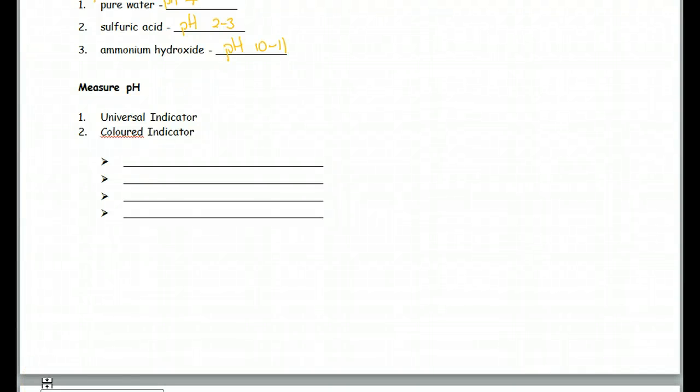Now, to measure pH, there are actually a few ways. Most of the time we'll use this thing called an indicator. So indicators are actually substances. What are indicators? They are actually substances